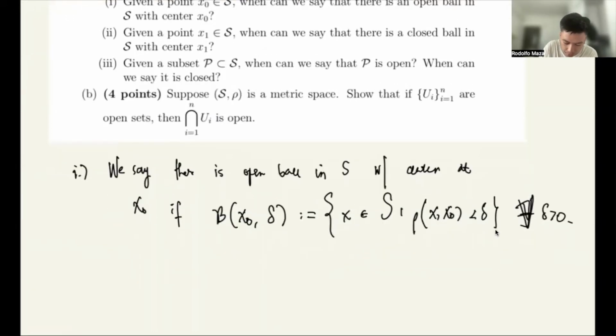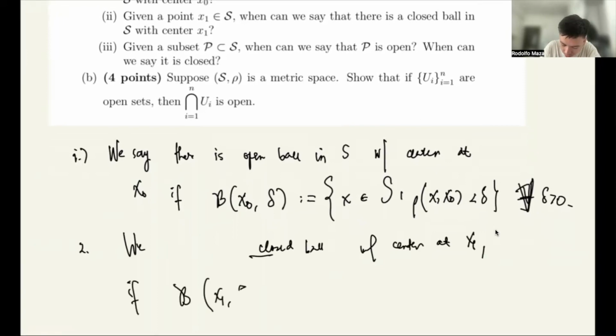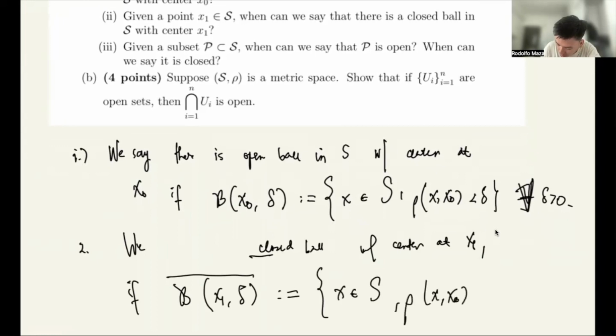For number 2, given x sub 1, when can we say there is a closed ball? We say there is a closed ball with center at x sub 1 if B of x sub 1, delta contains the set of x in S such that rho of x, x sub 1 is less than or equal to delta. This is the only difference between open and closed. The open one is strict, while this one is